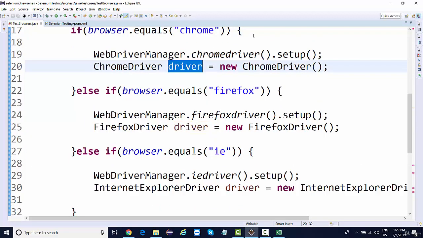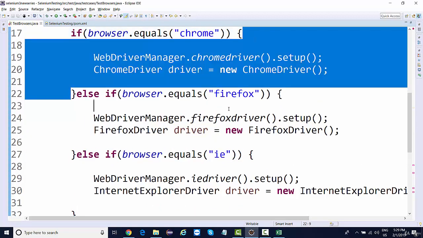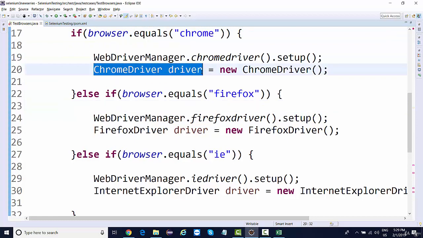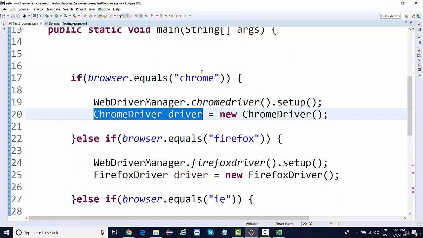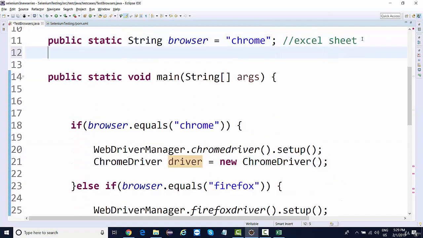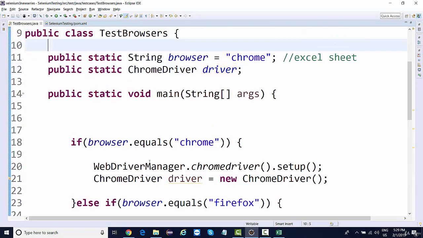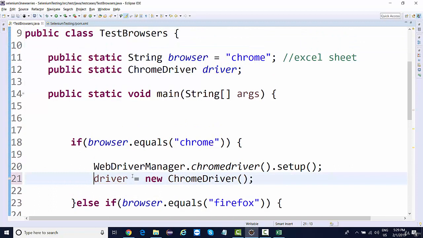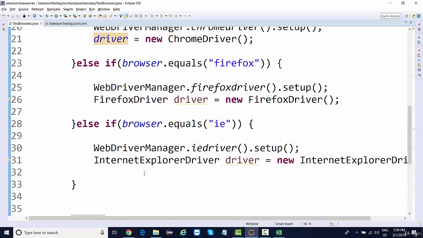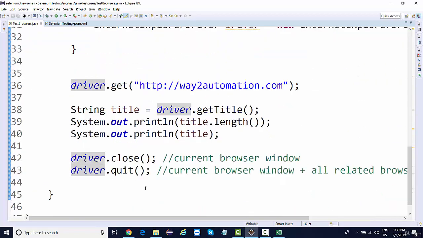This driver reference has got a scope within this block only. So either what we can do, we can declare it globally. So I can even go over here and declare it globally by saying, let's say public static ChromeDriver. If you're declaring it globally, you need to remove it from here so that it should also access the global value. Now it is accessing the global value. Now if you go down, you'll see that all these things are accessing the global value.